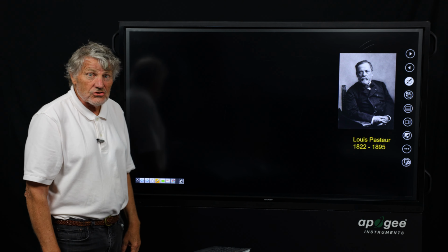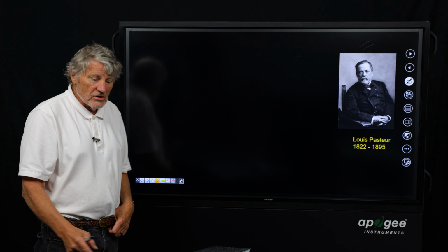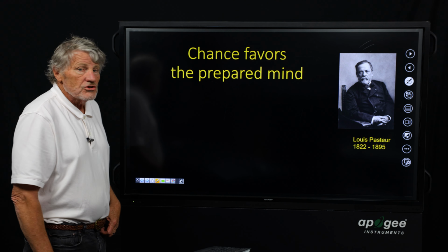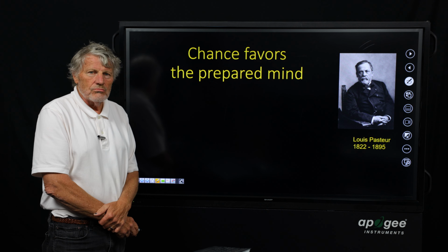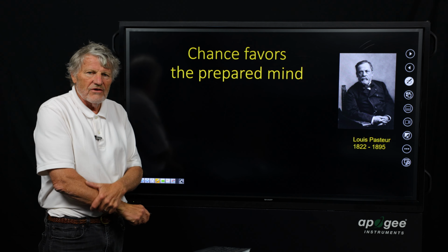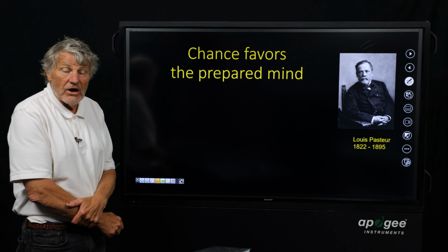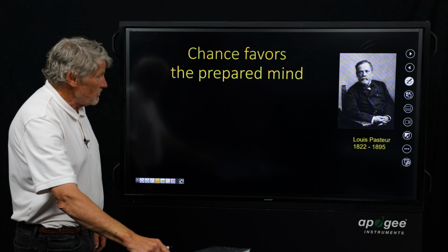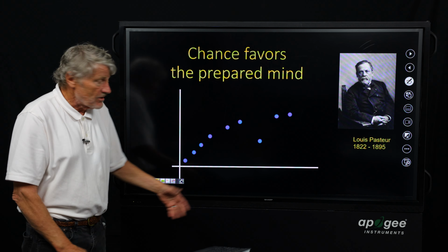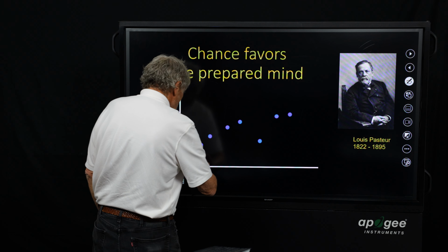Another famous scientist, Louis Pasteur, 1800s: "Chance favors the prepared mind." This is one of his most famous quotes. I have just loved this my whole career, studying in graduate school to get my prepared mind for that chance moment. What that really means is when you have data like this,